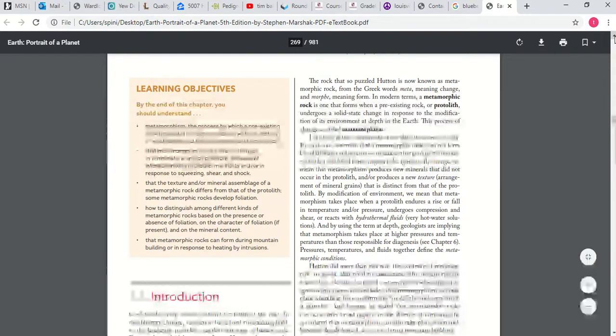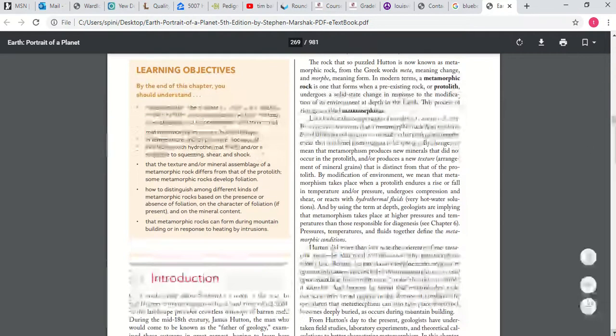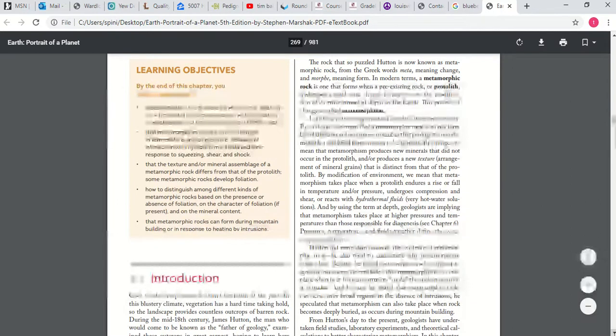Again, your book throws a lot of big words at you here. You'll see the word protolith. Protolith. Remember, proto simply means first, and lith means rock. So when we talk about a metamorphic rock, and we talk about its protolith, we're talking about what the rock was before. So in terms of my quartzite, the protolith would have been the quartz that was nice and clear and looked like a piece of glass,